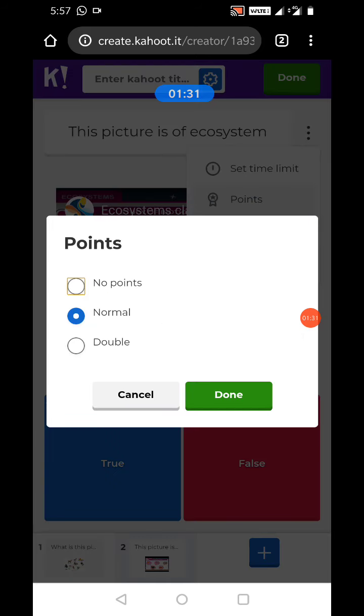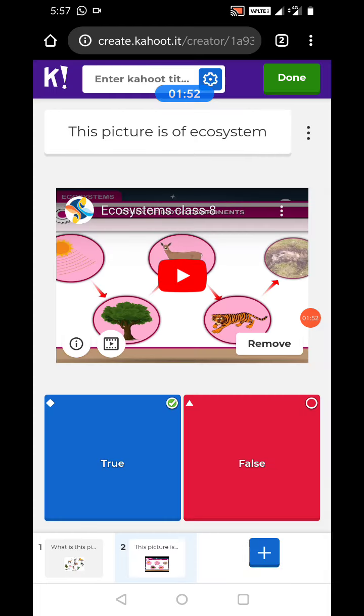Then points. Basically it is a game based app, so points are related to correct and wrong answers, but points are also related to how long a student has taken to give the correct answer. So I don't think it's relevant here, so we can select no points.